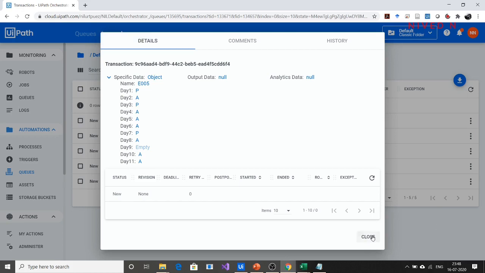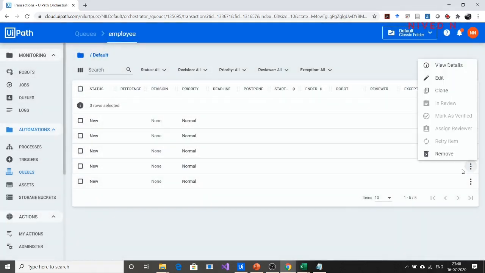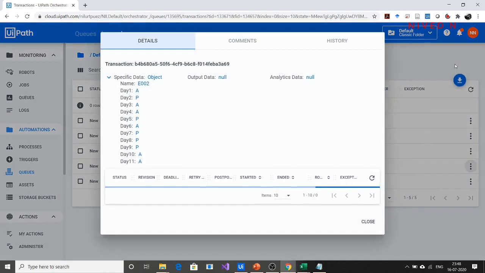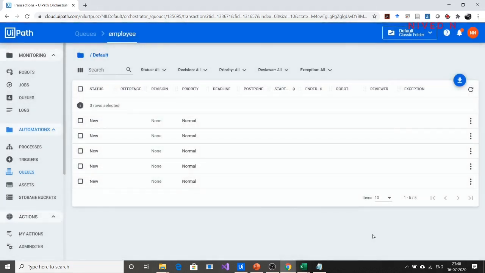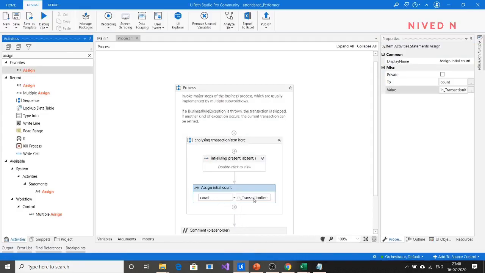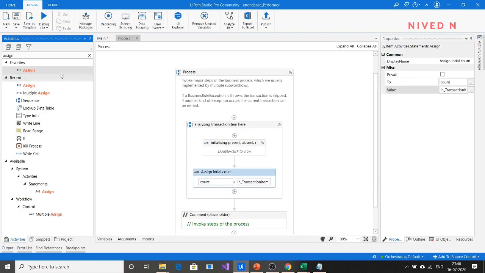If you take the case of the second employee, you can see there are 12 counts here. If you reduce by 1, you can get the total number of working days. It is applicable for each employee. So just specify the count, so you can get the initial count. Now you have to specify the number of working days.